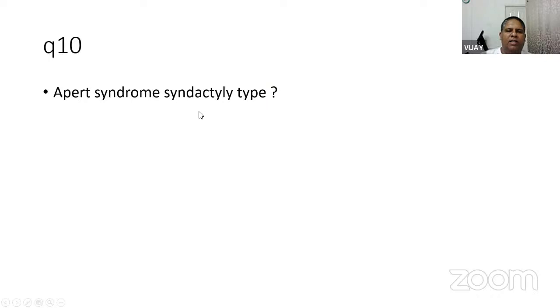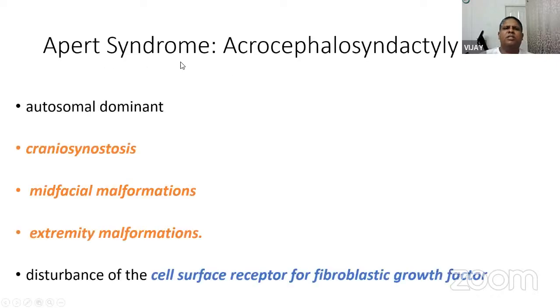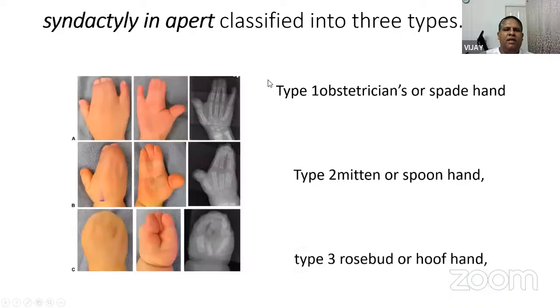Apert syndrome, what are the syndactyly types, was the other question. Apert syndrome is also called acrocephalosyndactyly. It is an autosomal dominant condition. There is craniosynostosis, midfacial malformations, and extremity malformations. The basic disturbance in Apert syndrome is in the cell surface receptor for fibroblast growth factor. The Apert syndactylies are classified into 3 types, namely